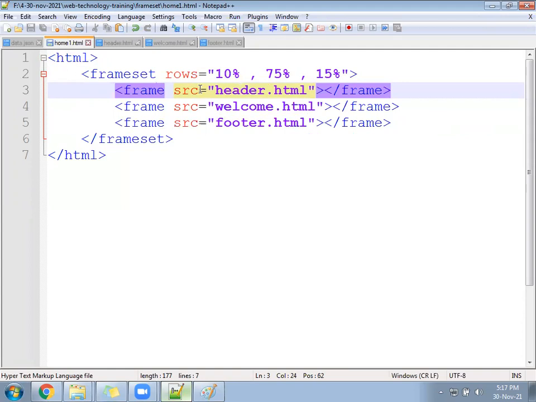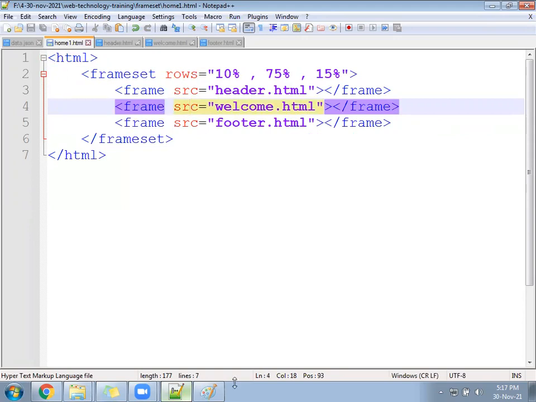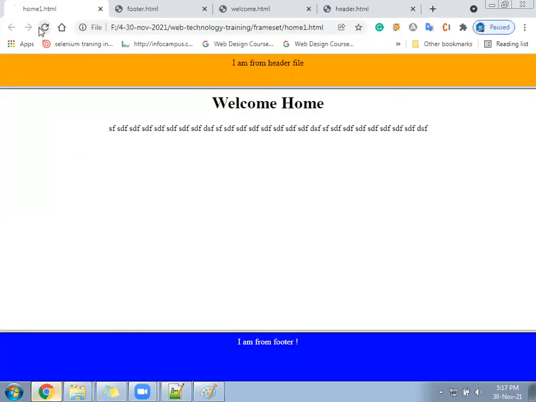Correct? So src is nothing but it helps you include a file, call a file, maybe within the folder or some other folder. So the final output should be like this: header separate, footer separate, and welcome separate.